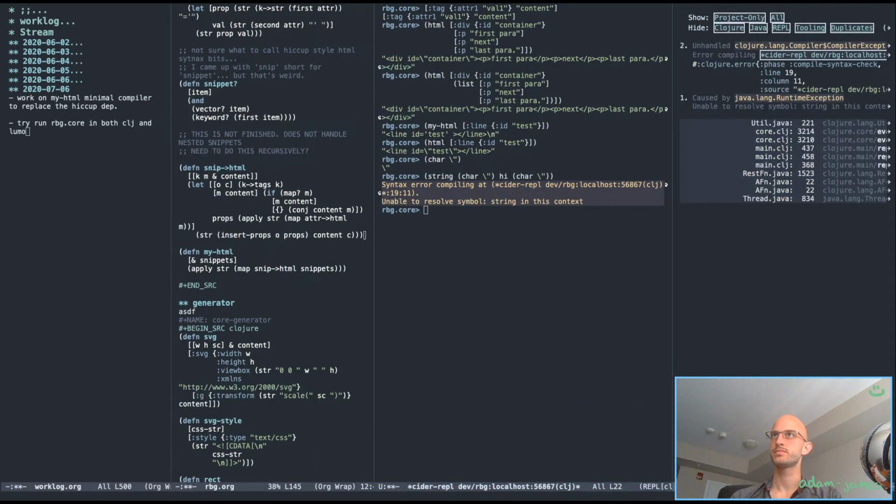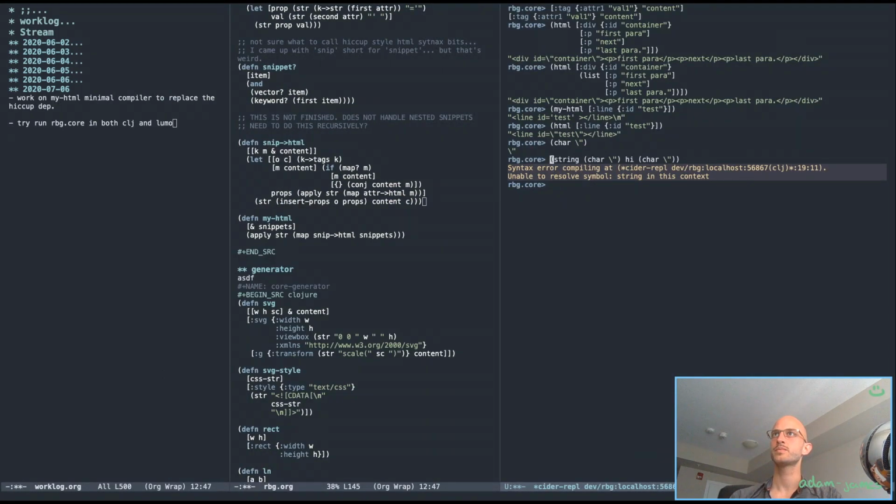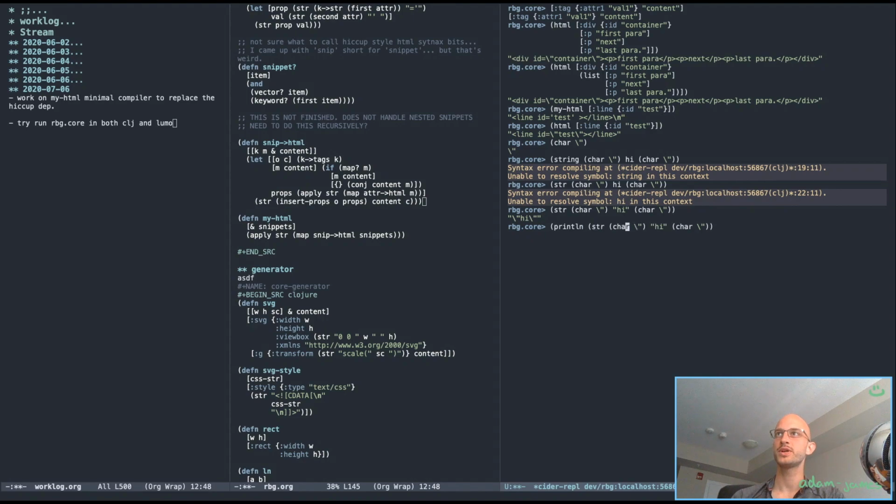Oh, string, I wanted to do this. I'm just throwing away all the rules, assuming the computer knows what I'm trying to do. Okay, I've just confused myself. Now if I print line that, it should print a string that contains quotes. Yeah, okay. So that's kind of what I want to add to,